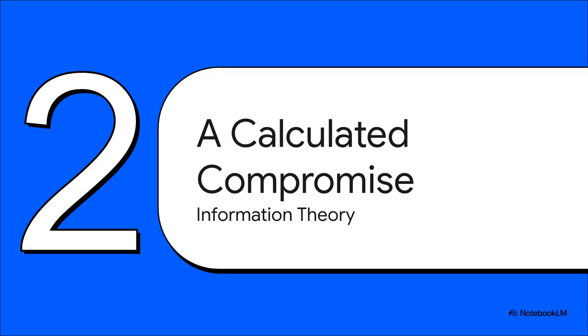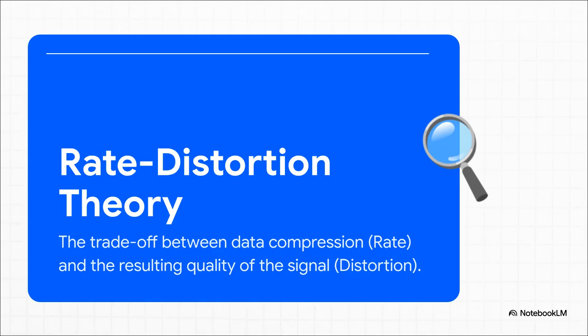Okay, so let's get into it. This whole idea comes from a field called information theory, and it's something called rate distortion theory. It might sound kind of technical, but trust me, it's the hidden engine of our digital lives. And this right here perfectly sums it up. Rate distortion theory is all about the unavoidable tug-of-war between two things. On one side, you've got rate, which is just how much you can shrink a file, and on the other, you've got distortion, which is the quality you inevitably lose when you do that shrinking.